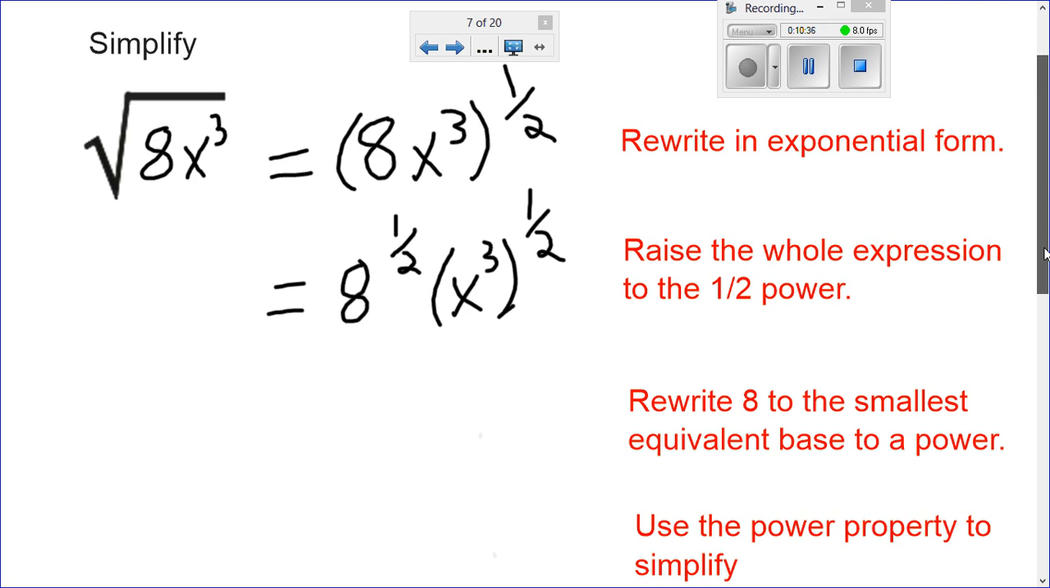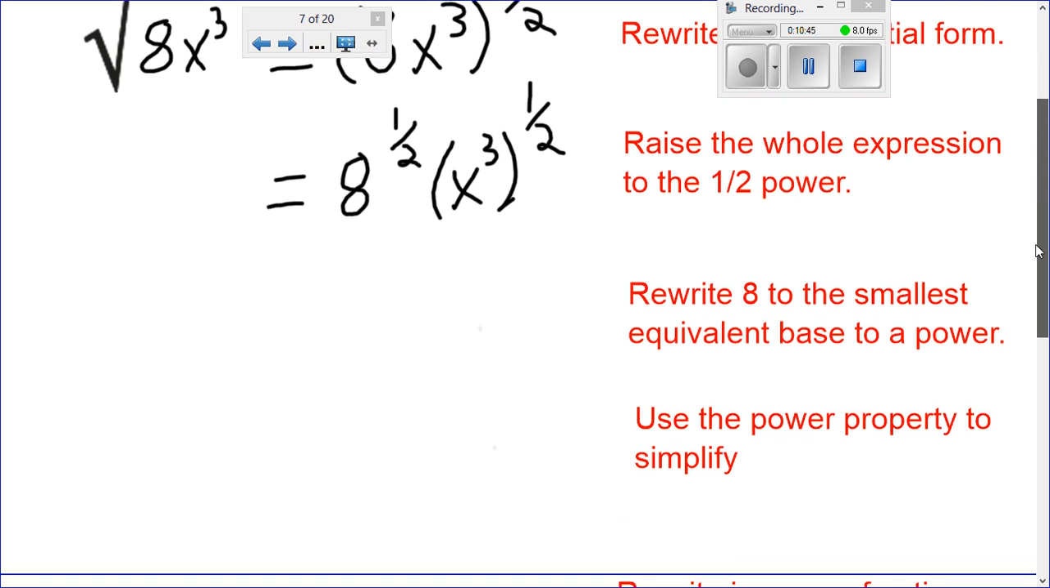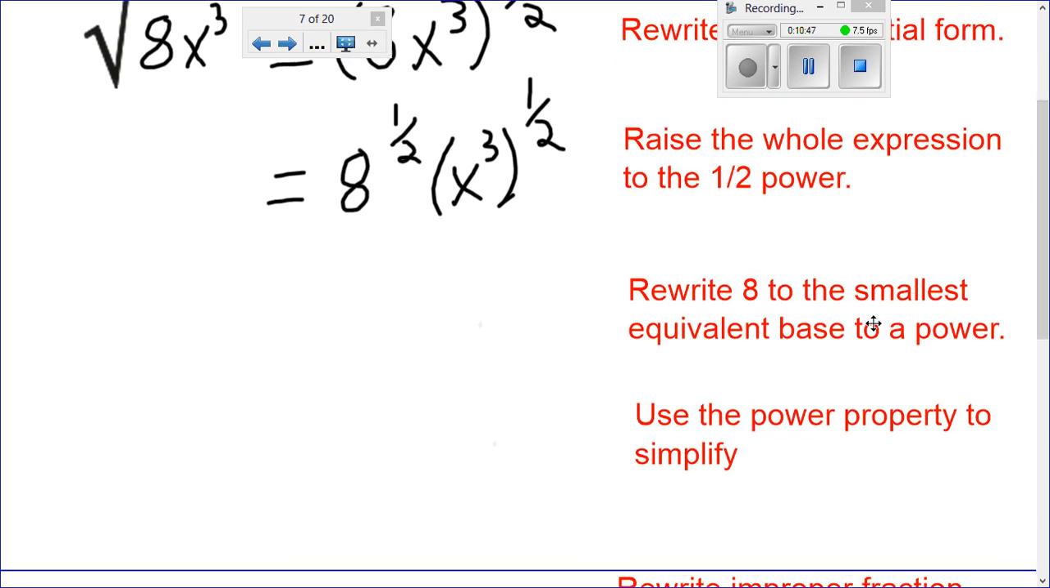Okay, again, if you need to pause, go ahead and pause it and get caught back up. Our next step is to rewrite 8 to the smallest equivalent base to a power. So as we do that, go ahead and do that,